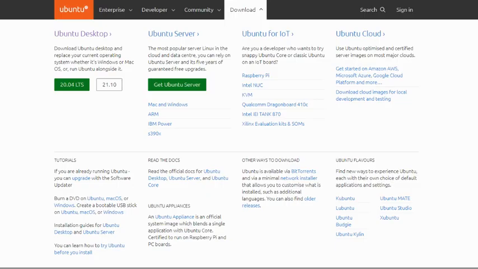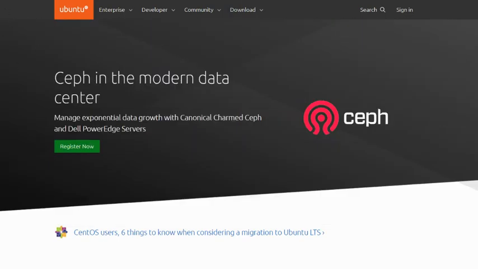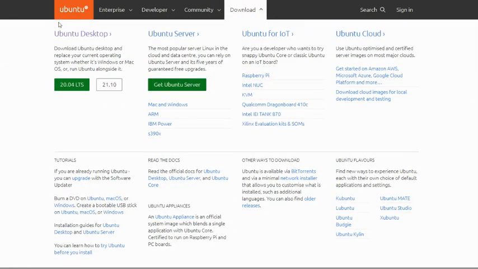Again, like I say, we're going to use Ubuntu. So let's go back, ubuntu.com, go to download, and then what I'm going to use is Ubuntu desktop. So I'm going to use 20.04 LTS, so LTS stands for long-term support. The 21.10, which is a newer version, currently hasn't been granted long-term support yet, so I'm going to stick with the 20.04 LTS. Okay, so once you've downloaded that, depending on how quick your internet connection is, you will have